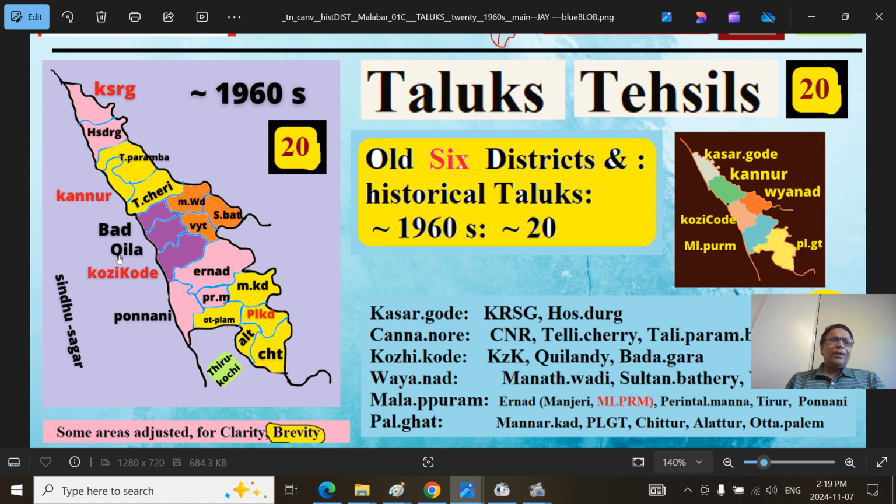So adjoining to this, the Wayanad region. Now it has 3 Tehsils, that is Mananthavadi, Vythiri, that holds the district headquarters Kalpetta, and Sultan Bathery. And this used to be Ernad region, that is now essentially Malappuram district, Ernad and Perintalmanna and Ponnani, that is Tirur, Tanur areas. And this is the Palghat gap, district Palghat, northern part Mannarkad, southern parts Chittur Taluk, Alathur.